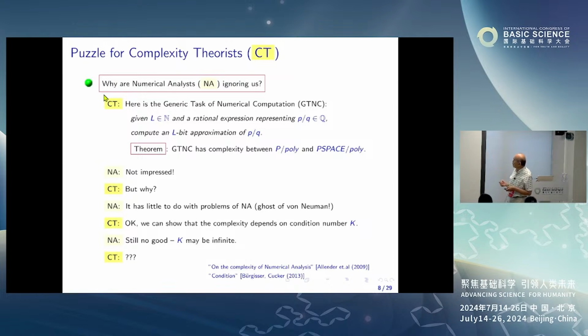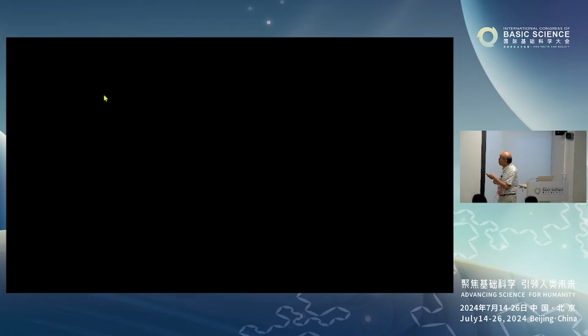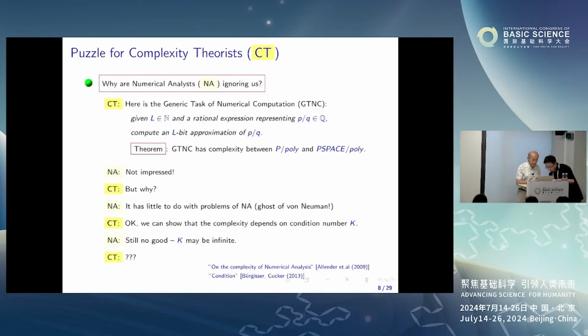Here's an impression. What is it? I'm not quite sure. I give you rational